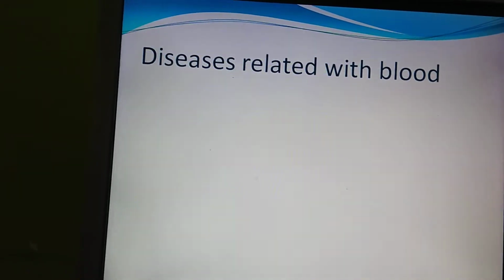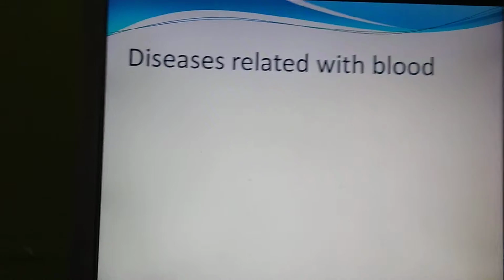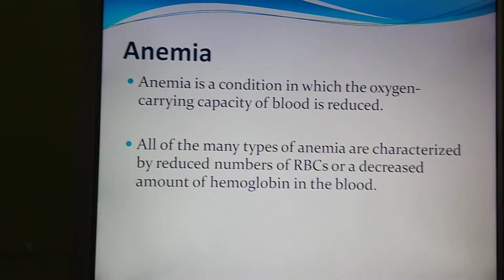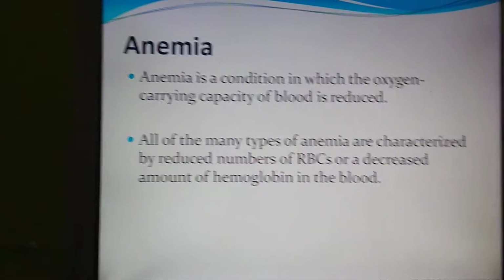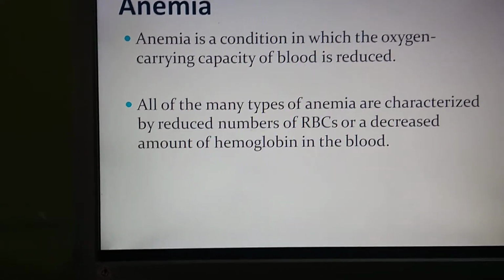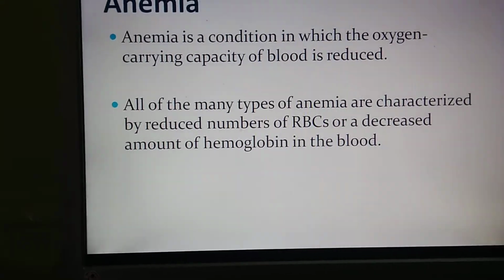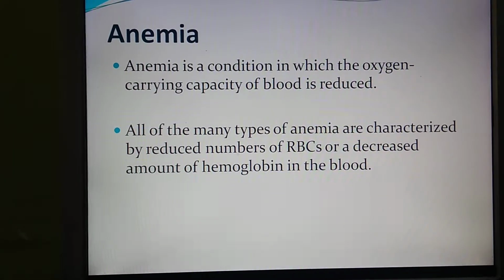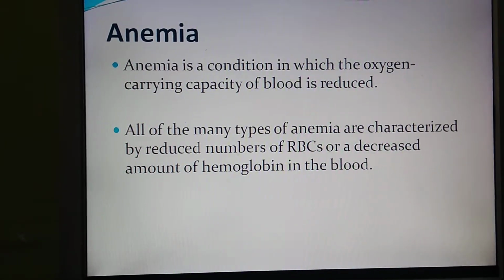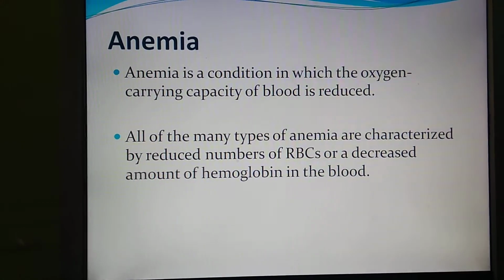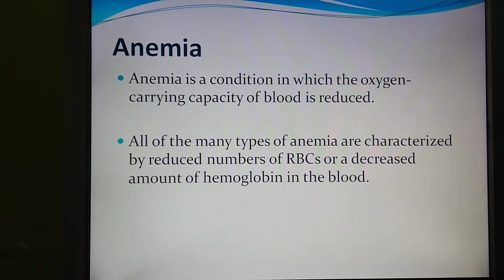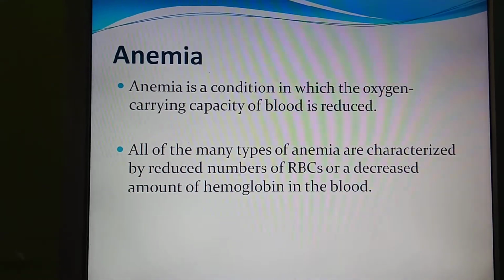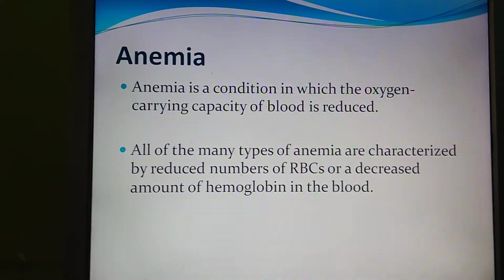Let us see some diseases related to the blood. Some diseases are included in your syllabus also. Anemia. Anemia is a condition in which you will observe that the RBC count has decreased. At the same time, the hemoglobin count is also decreased. As hemoglobin is a blood pigment, it also gives color to your skin. When hemoglobin decreases, the color of the skin becomes pale. So pallor is the important sign you will observe in anemia.